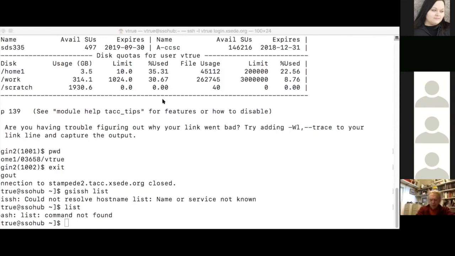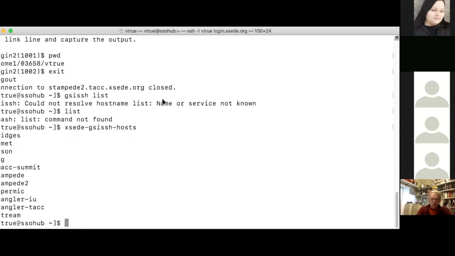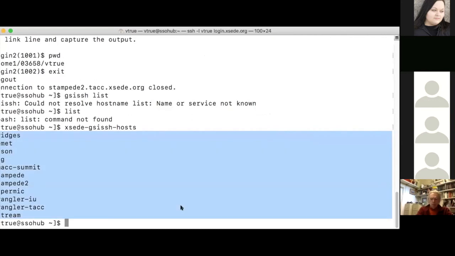So it's xc-gsi-ssh-hosts. And so when I do that, you can see these are the XC systems. Bridges and Comet and Mason and Stampede and Wrangler are what's available to you.